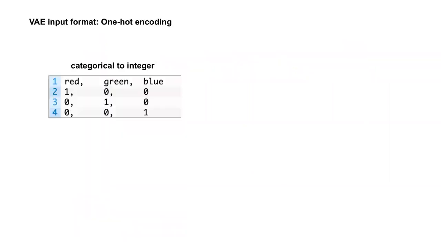One thing about VAE is the input format. I do what's called one-hot encoding. This is a very commonly used input format in deep learning. Essentially what it does is change categorical data to integer data. So in this example here, we have 3 options, and so red gets translated to 1, 0, 0, green is 0, 1, 0, right? This is for categorical data when no ordinal relationships exist, and it changes it to essentially binary variables.